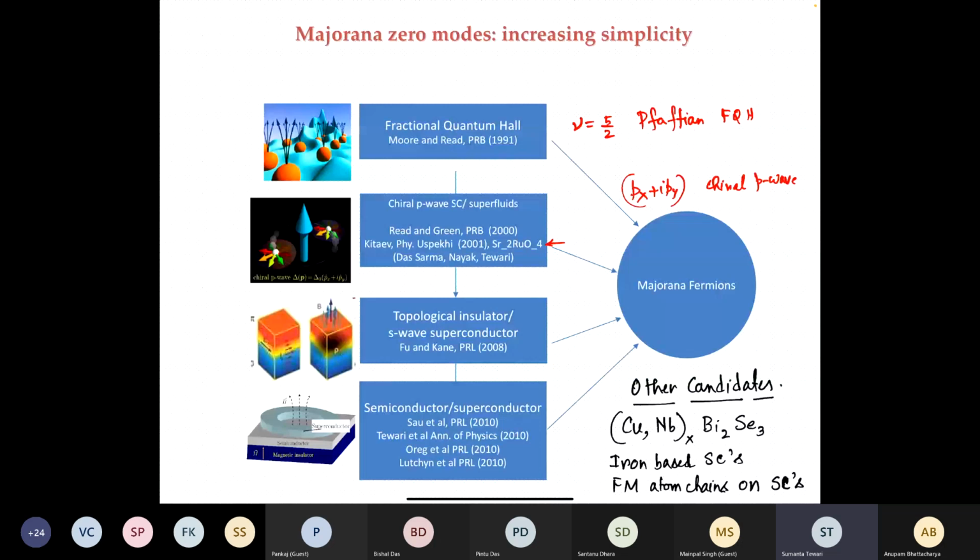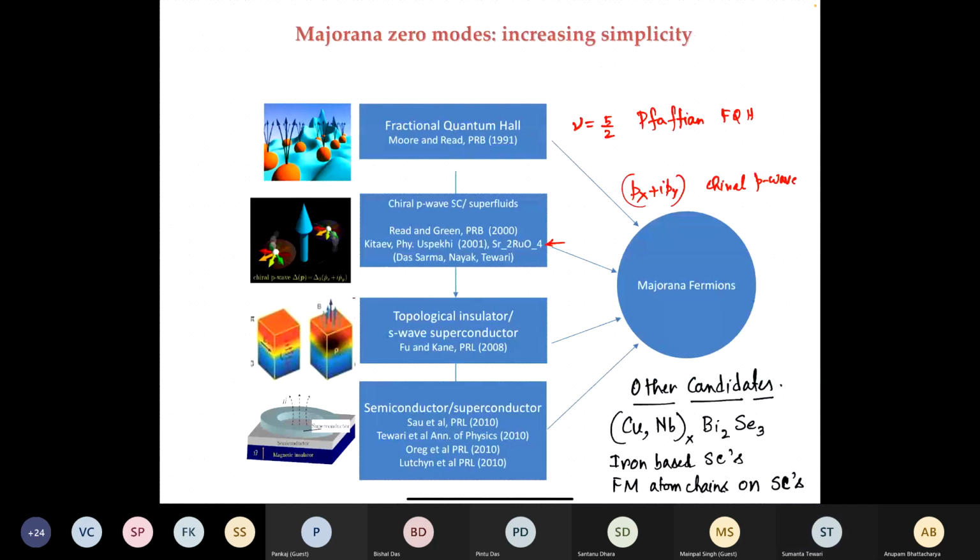So the difference is, if you look at the semiconductor superconductor heterostructure, the time reversal symmetry is explicitly broken because there is a Zeeman field there. Copper doped bismuth selenide is a time reversal invariant topological superconductor. Unfortunately, however, the signatures of Majorana fermion in copper doped bismuth selenide are still lacking. This copper doped bismuth selenide should be analogous to helium 3B. Now, helium 3B is supposed to have a Majorana fluid on the surface,